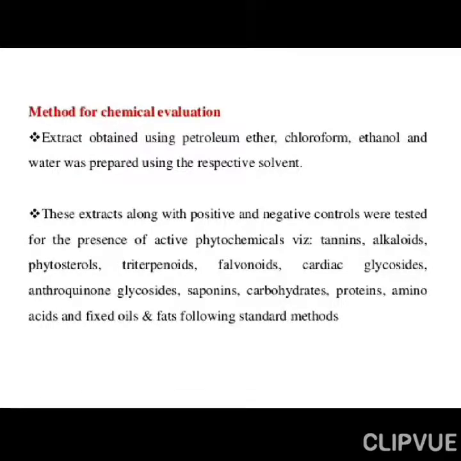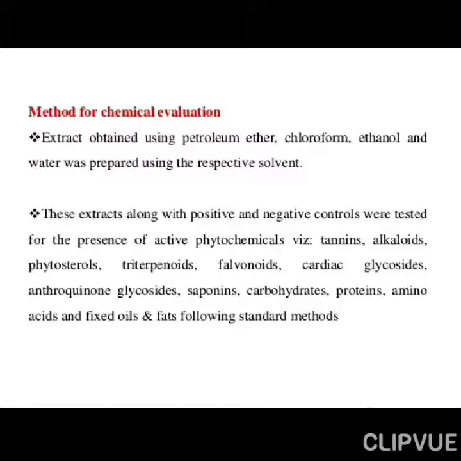So if you go for the increasing order of polarity for the extraction, first petroleum ether for cellulosic matter and fatty matter, chloroform for the chlorophyll, and ethanol for the alkaloid, glycoside, tannin, and water is also useful for the many water soluble constituents which are there in the crude drug that can be extracted.